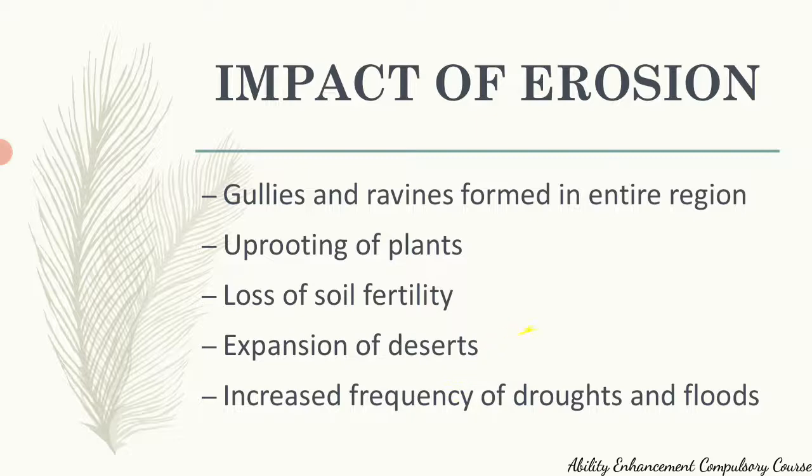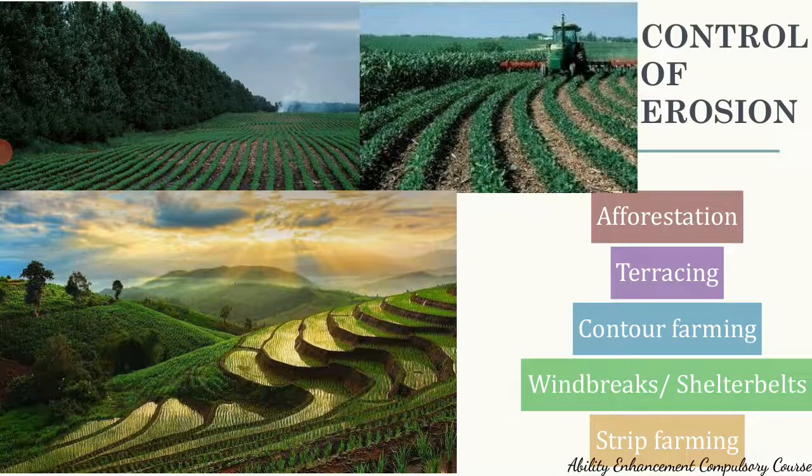Desertification is also one of the impacts of soil erosion, where extensive soil erosion over a long period of time can lead to formation of deserts, and increased frequency of droughts and floods has also been seen when there is an area that has been hit with soil erosion. Now, control measures for these mainly include planting strategies. For example, afforestation. Growing trees, making sure that the tree cover comes back, is the best way to combat soil erosion, because those trees, those plants are going to hold the soil in place. The water or wind is unable to shake the soil much. So, afforestation is the best way to combat